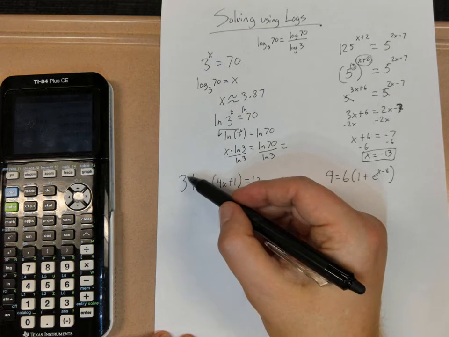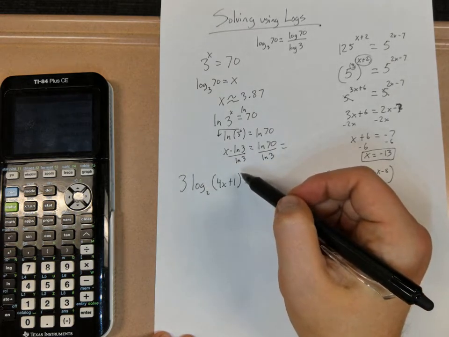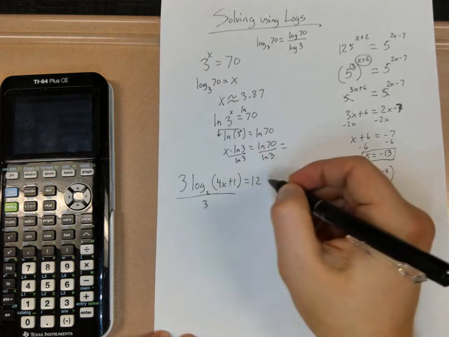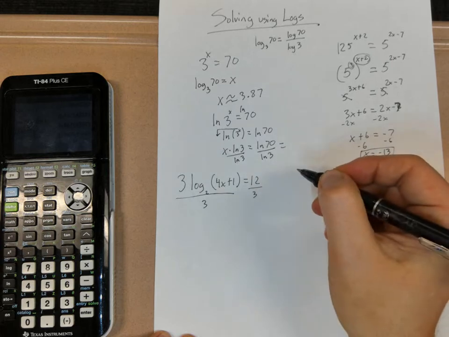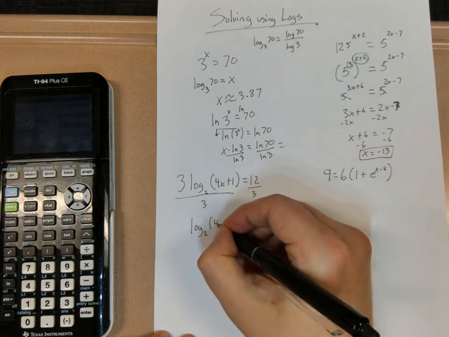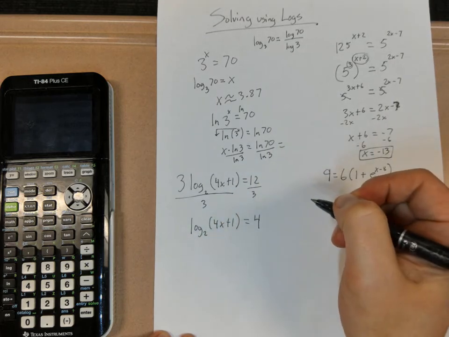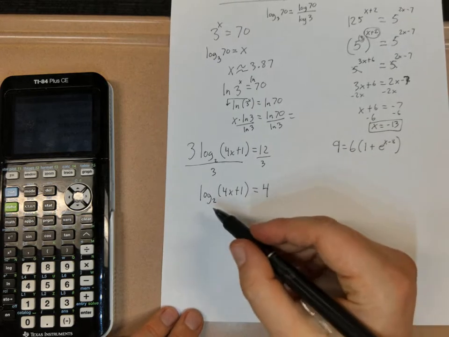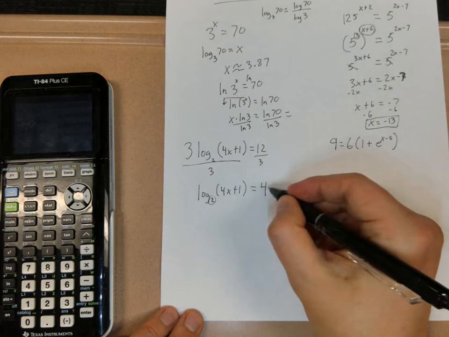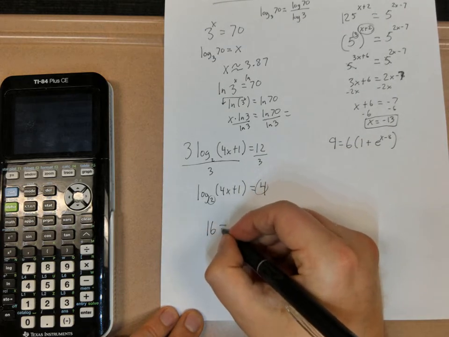One thing that students like to do is they like to bring this 3 in as an exponent. That's going to make your life much more difficult. It's going to be easier just to start by dividing both sides by 3. So if I do that, I'll have the log base 2 of 4x plus 1, and that's going to equal 4. And now we can convert it from log form to exponential form. So it'll be 2 to the 4th power, which is 16. And that's got to equal